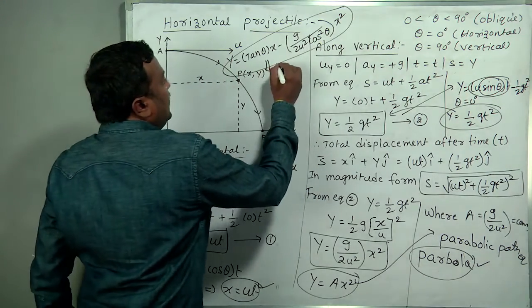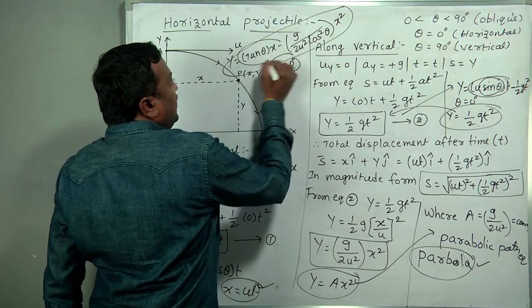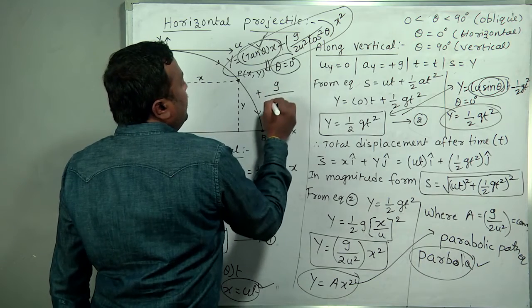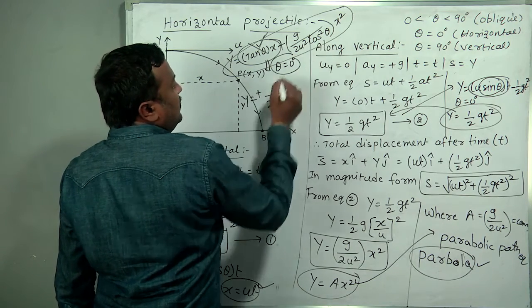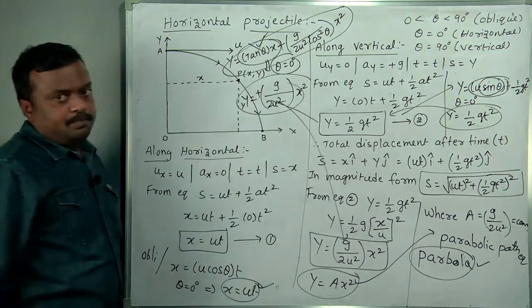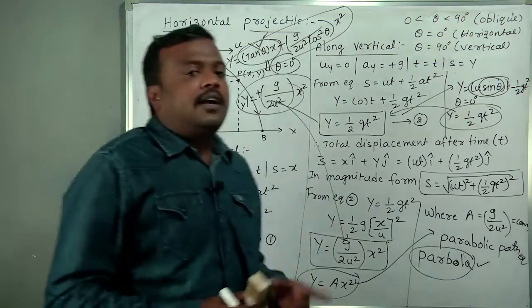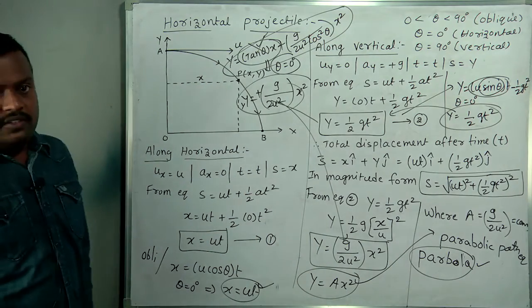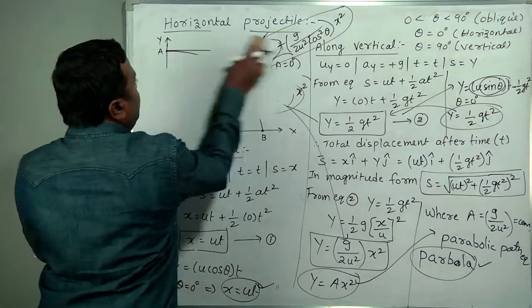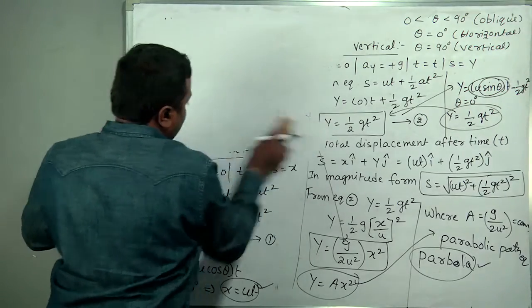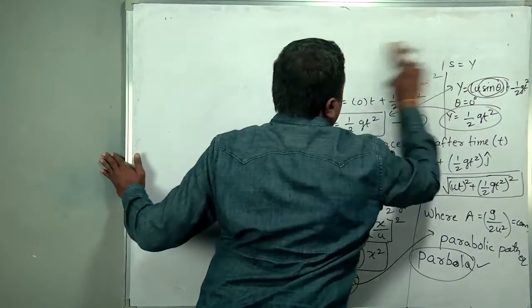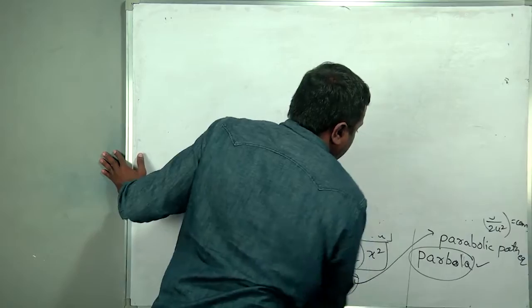There also substitute theta equal to 0 for horizontal. Then what do we get? Tan 0 is 0, total term gets cancelled. This minus comes as g by 2u square cos 0, that is 1, into x square. See this equation, both are the same. So for concept purposes I derived it actually, but no need to derive this one. If you remember oblique projectile equations, just by substituting theta equal to 0 degree in those derivations, we get the total equations of horizontal projectile also. Okay, clear this derivation?